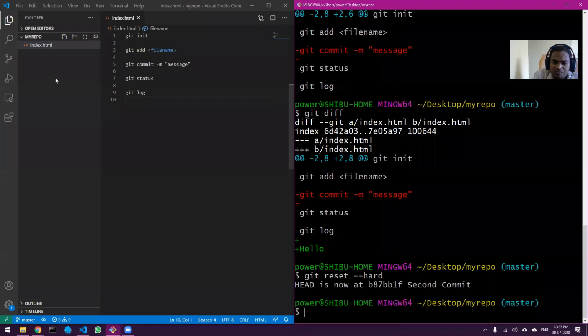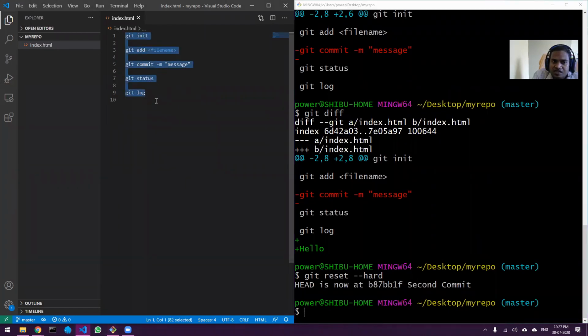So basically it will change everything except the working directory. It will not reflect any changes over here, but actually the changes are done. Git reset hard changes everywhere. That's why I normally use git reset hard, so that all the changes are reflected everywhere.